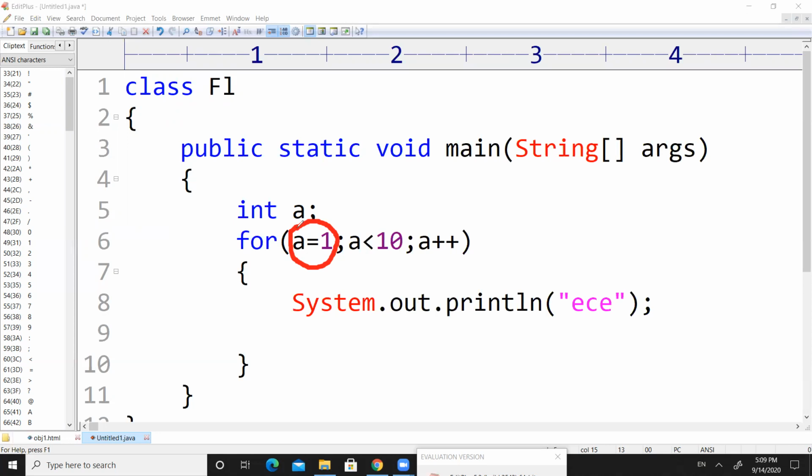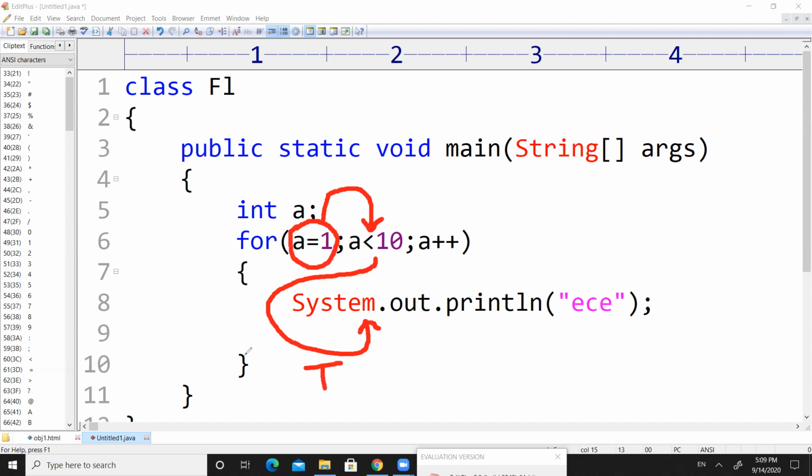That part is called initialization. After initialization, condition checking will be done. In case the condition is true, it will execute the statement.